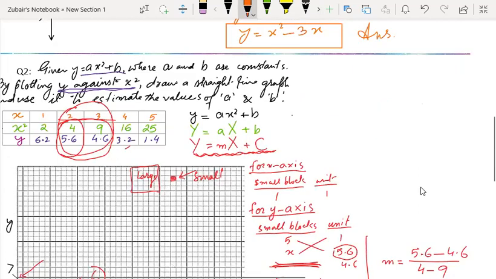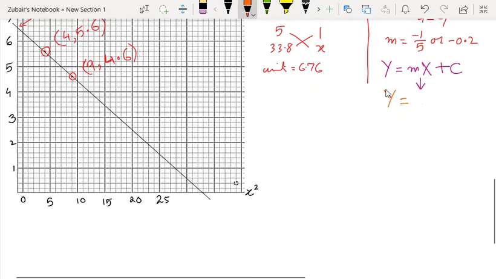Ax plus b. Okay, so here we can write y is equal to, what should be the value of a, because this is y equal to mx plus c. So the value of m is a here. So what should be a? That should be minus 0.2